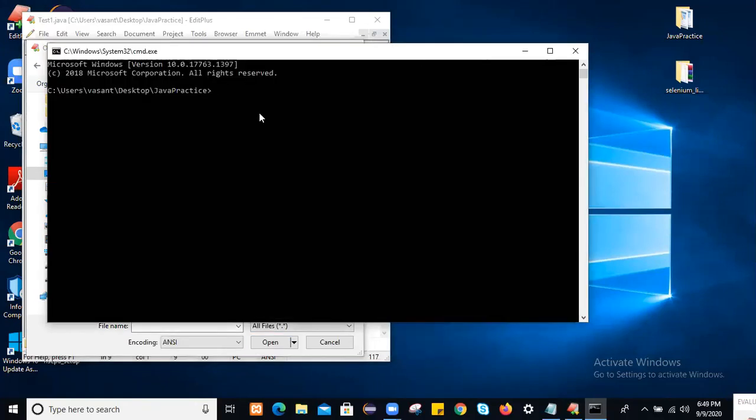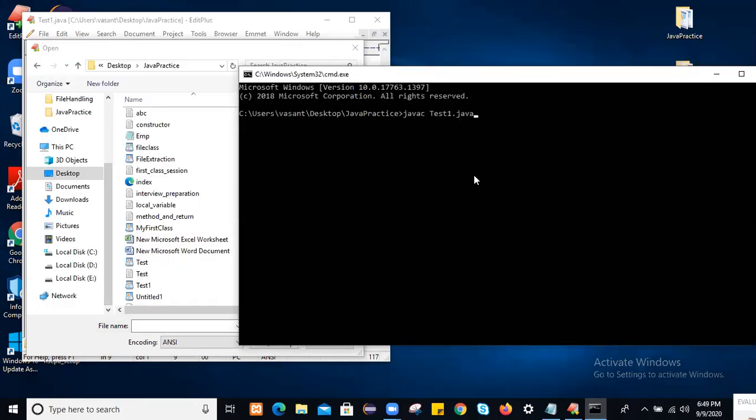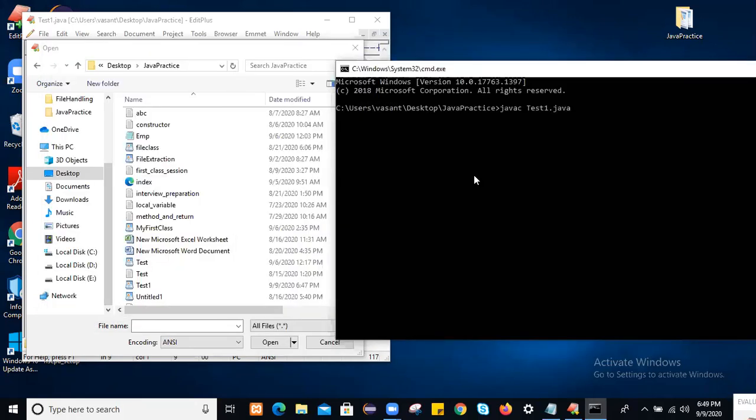To compile this file, just use javac test1.java. The moment you compile this file, one .class file will get generated in the location where you saved this Java file. Yeah, it's compiled.